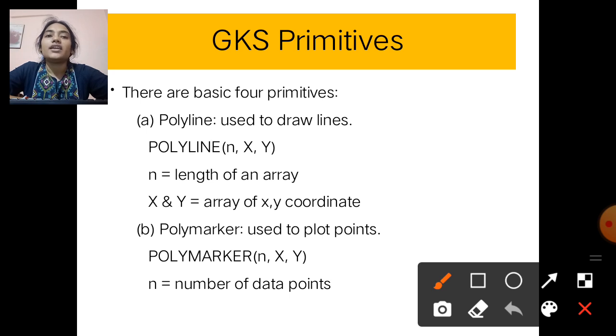N means length of an array, and x and y are the coordinate positions. Okay. Then another one is polymarker. Polymarker is used to plot points. The command is polymarker n, x, y. N is the number of data points, and x and y are the coordinate arrays. Okay.